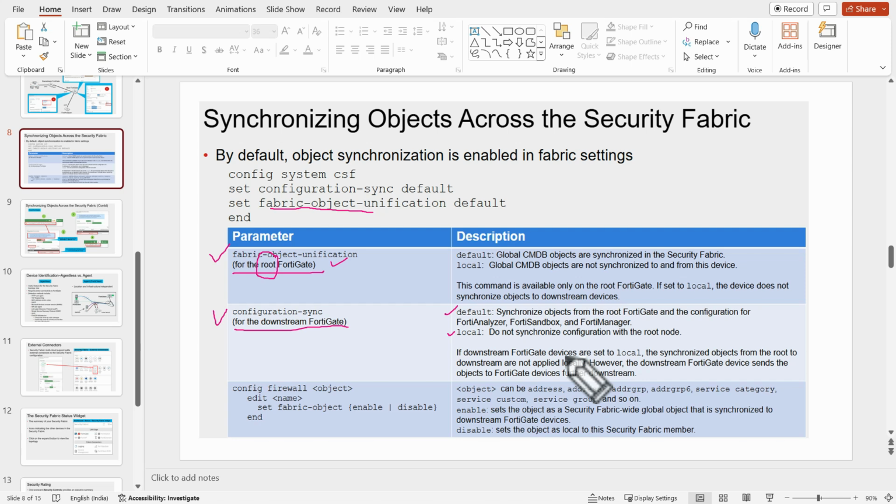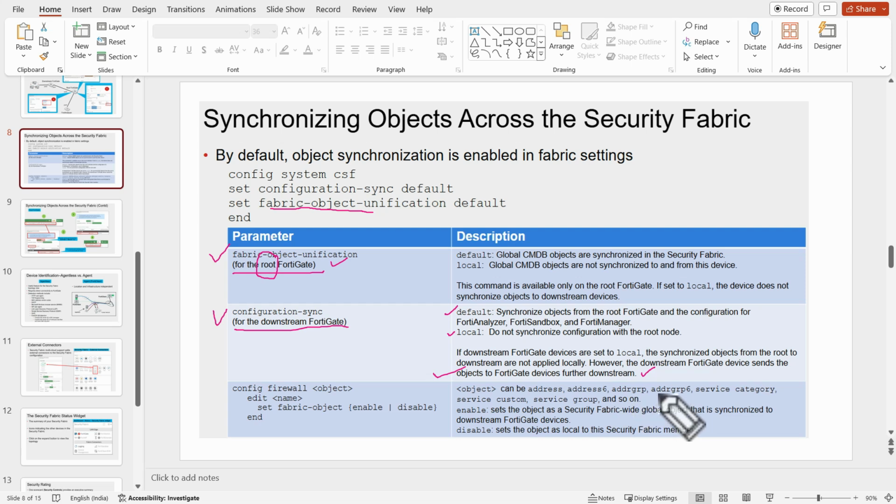If downstream FortiGate devices are set to local, the synchronized objects from root to downstream are not applied locally. However, the downstream FortiGate devices send the objects to the FortiGate device further downstream. And the third one is config object, edit name, set fabric-object enable or disable. The object can be address, address6, addrgrp, address6-grp and service category.